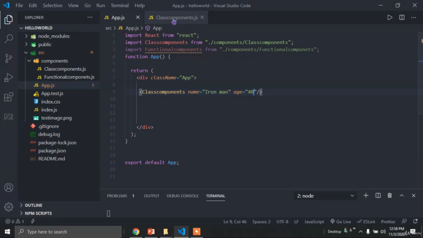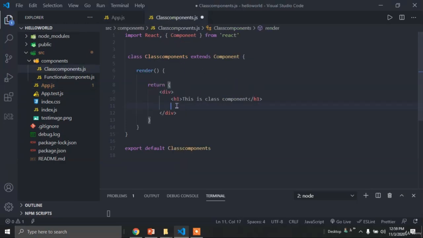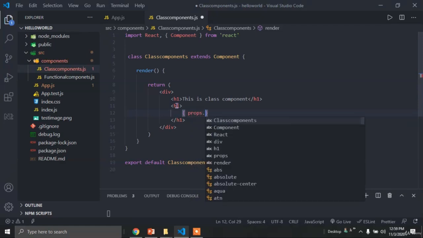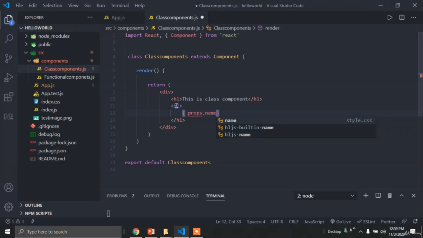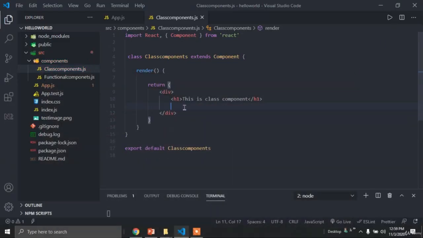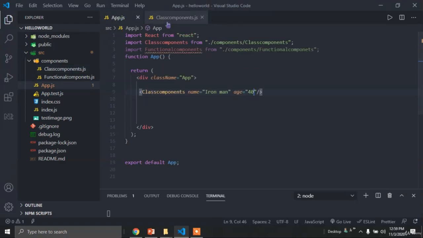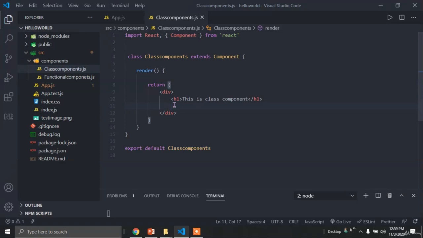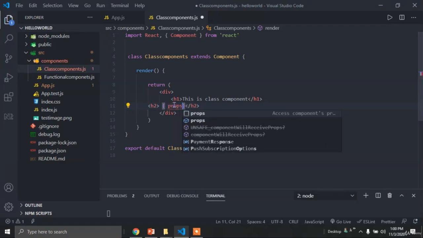To access these props inside this class component, simply we can use an h1. Inside this h1 tag with a curly brace, you can call props dot name, and I'm saving it. Inside this class component, we can access the props that we passed inside the class component tag here. To access the props from the app.js file, I'm accessing this inside the h2 tag. Open curly braces and type the keyword props dot